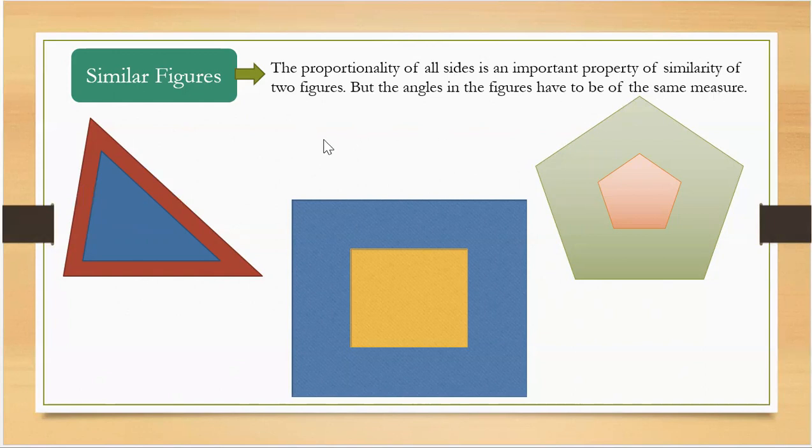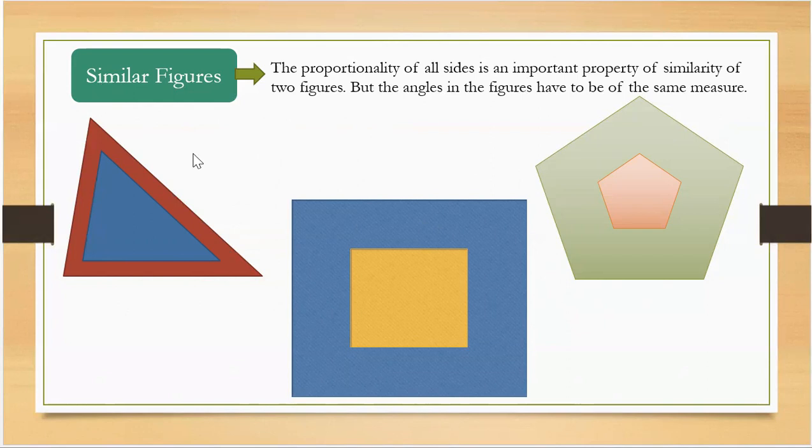Like I told you from the first, these two triangles had the same angles, both the pentagons had all the angles same, and two squares also had all the angles same. So there are two criteria of the similar figure. One is that the sides of the figure should be in proportion, and the angles have to be same to same, exact measurement. Now what is sides in proportion, that we will understand.